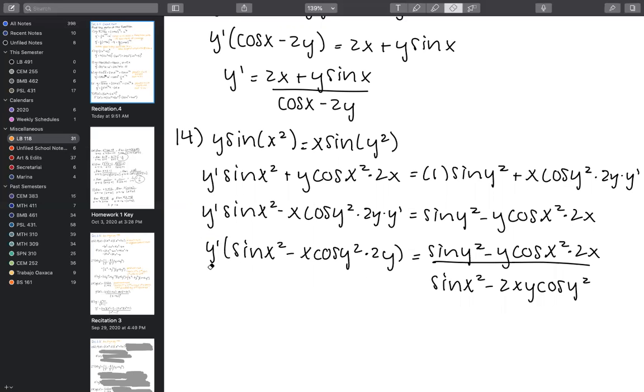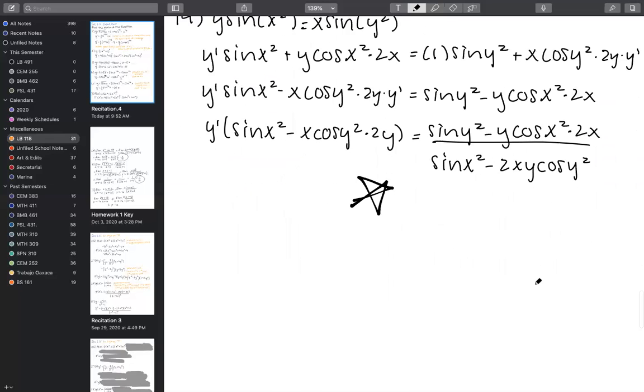Factor out a y prime, and then I did that thing again where I combined steps. But this term here is equal to this, and y prime, dy dx, is equal to this. Because, like I said before, we take the derivative implicitly. We differentiate implicitly. That's the first step. Then we isolate the y primes. Then we factor out the y prime. And then we divide to get y prime by itself to find dy dx, because that's what these problems are asking us to do. And that is the last example I have for you guys.